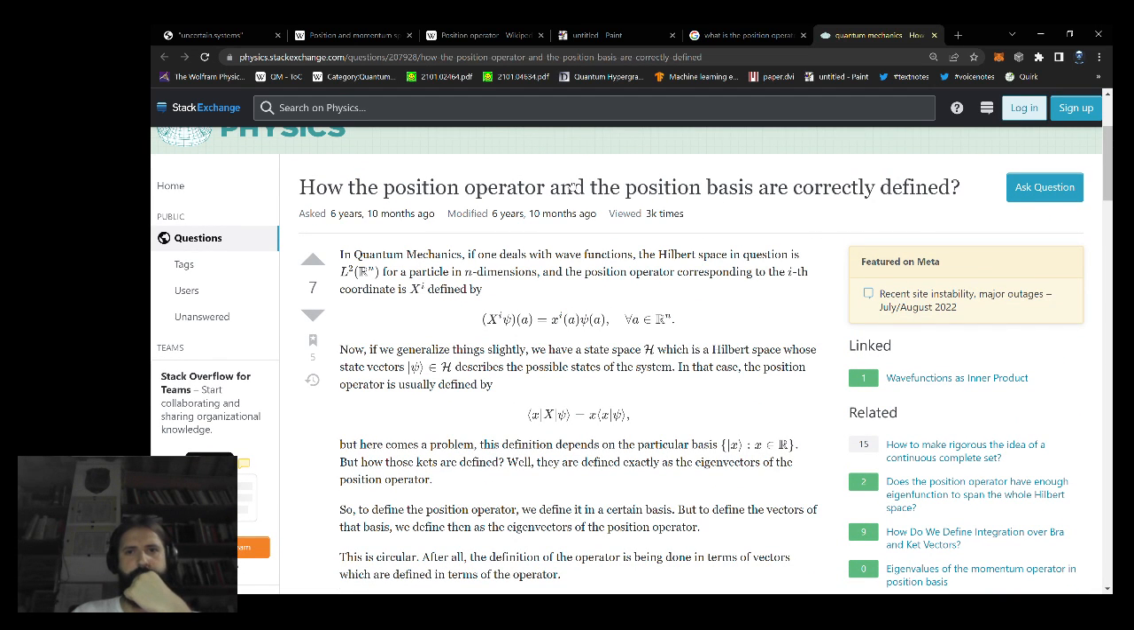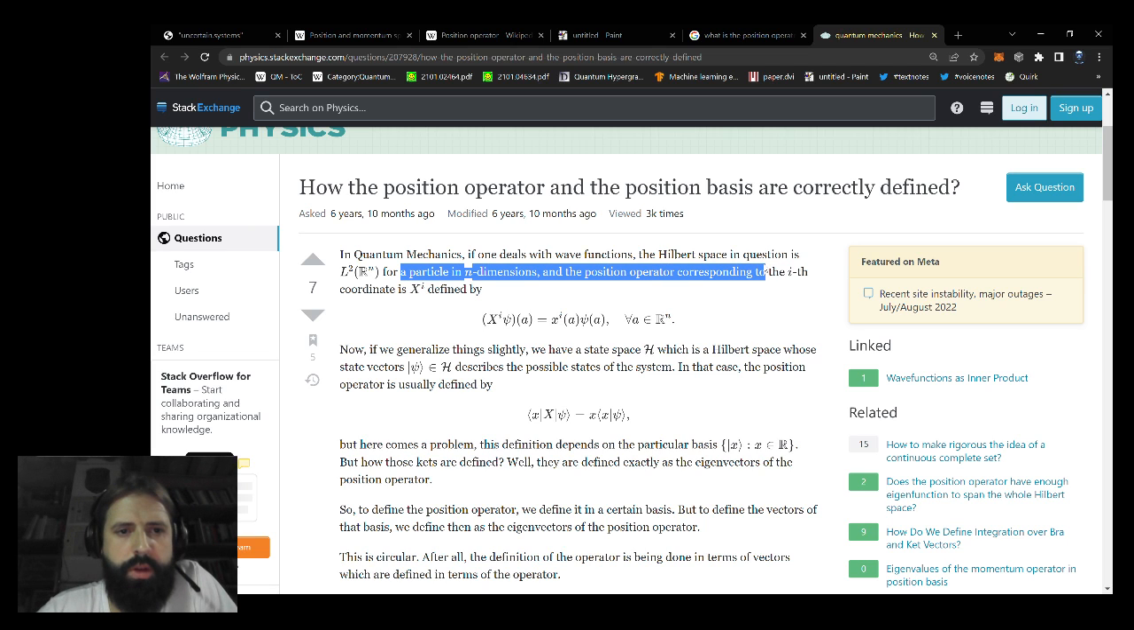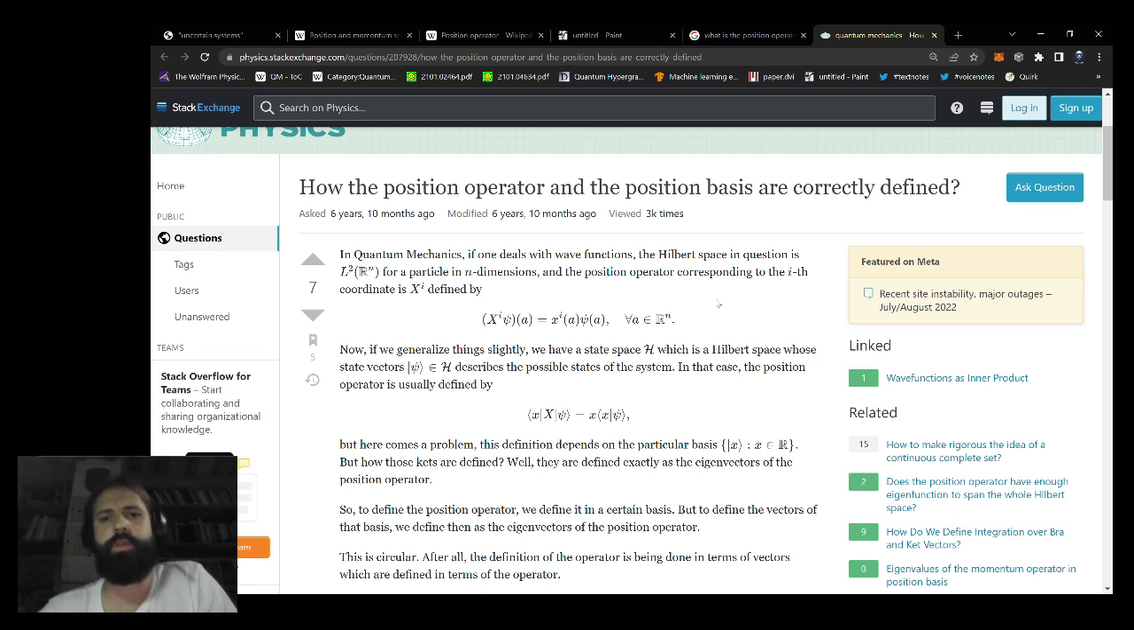How the position operator and the position bases are correctly defined. In quantum mechanics, if one deals with wave functions, the Hilbert space in question is for a particle in a dimension, and the position operator corresponding to the ith coordinate is exactly defined. Now, if we generalize things slightly, we have a state space, which is a Hilbert space with state vectors describing the possible states of a system. In this case, the position operator is usually defined by,